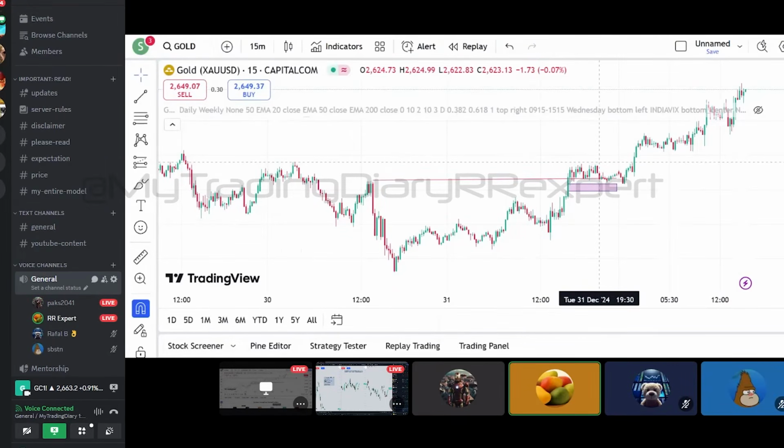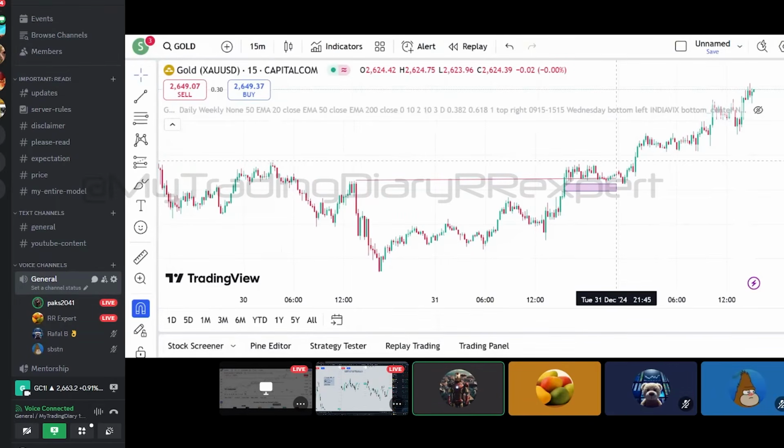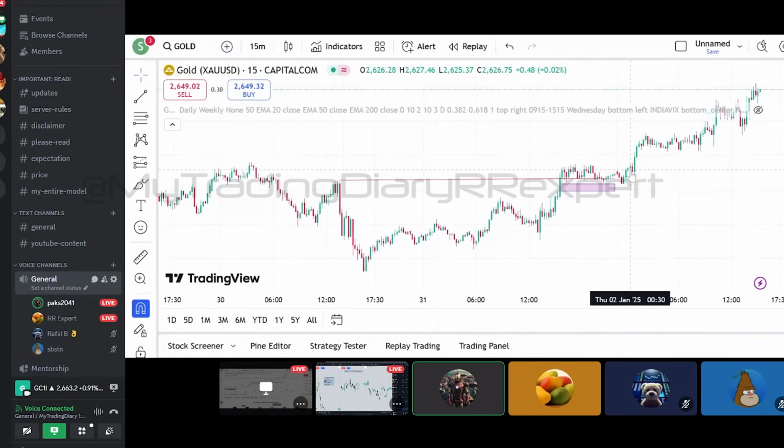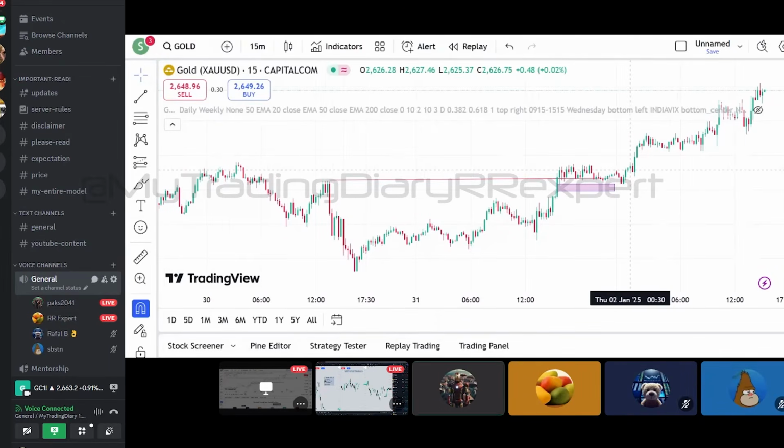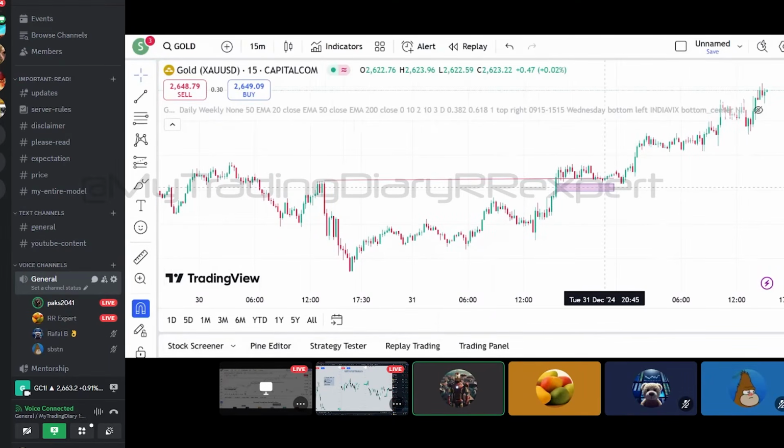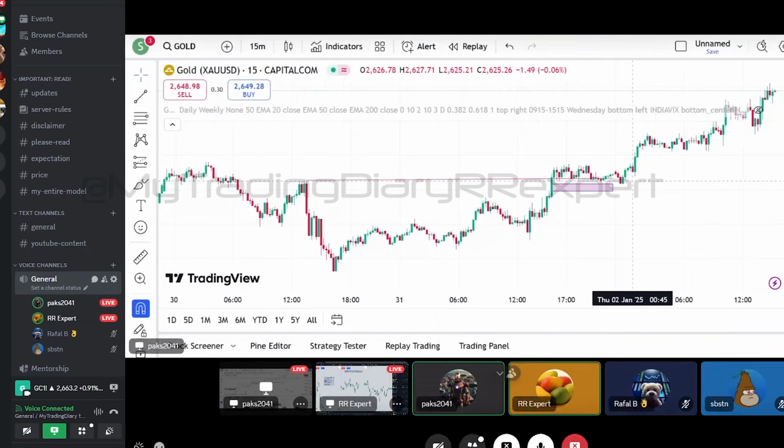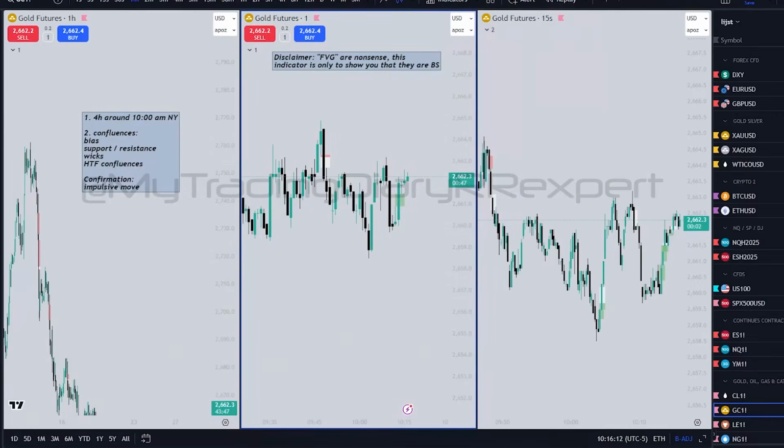But what is the confirmation that you're looking for to enter? Yeah, that's the problem, that I'm not actually understanding which confirmation I should take. But when I see that price is consolidating, I was pretty much sure that it will go up from here. But which candle should I take the entry on? That's the problem that I'm facing, where I should take the entry. Yeah. If you go to my screen,